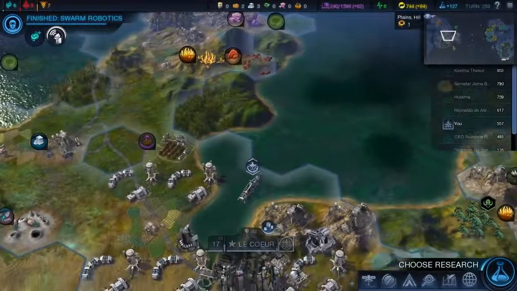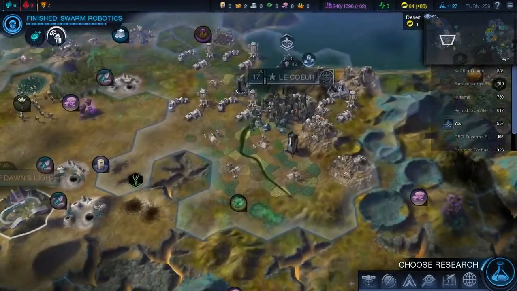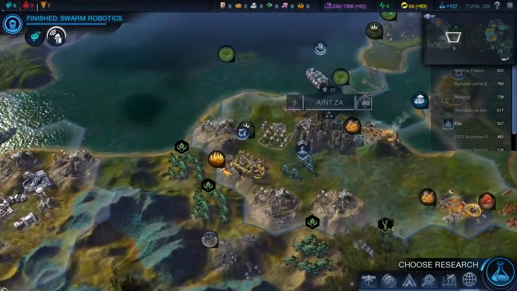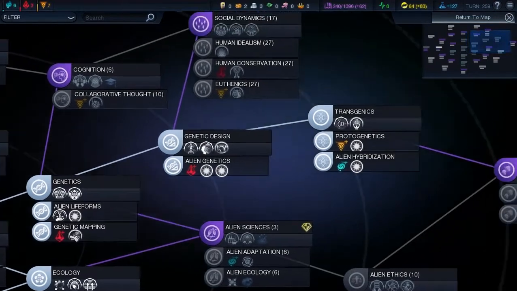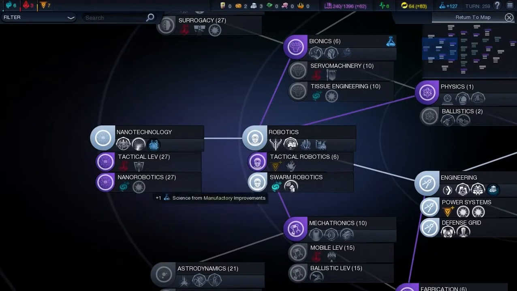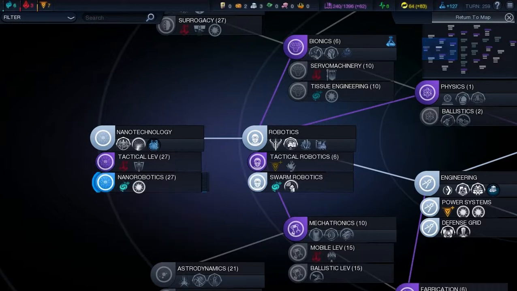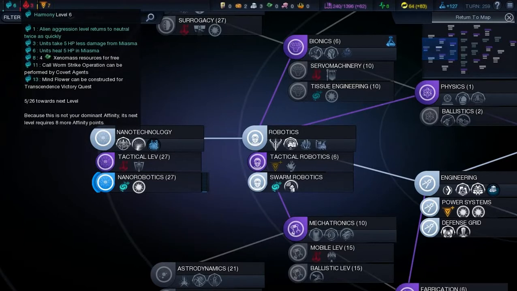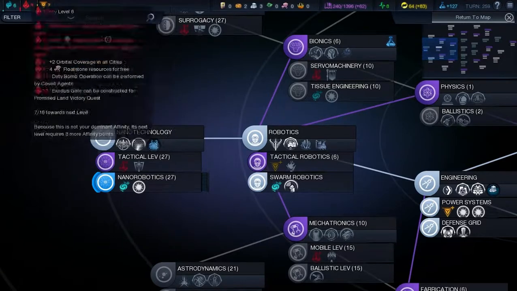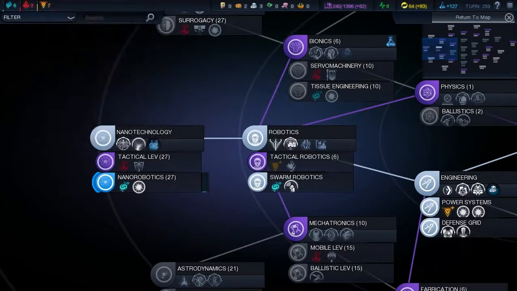Okay, and now we can purchase that needle jet. Don't worry, Wormy. We're on our way to put you out of your misery. And for research, we will go for nanorobotics, which is required for the Harmony, or Transcendence victory, I should say. And nanorobotics will be 27 turns. It provides the Harmony Affinity boost of 40 points, which will definitely put us into level 7, so we'll be equally Harmonious and Supreme. That's kind of weird that they're different amounts, but...